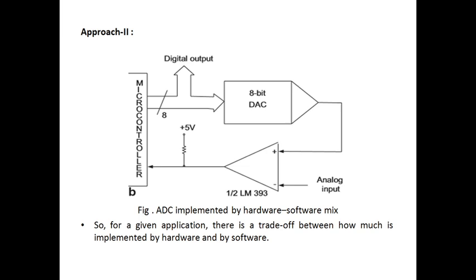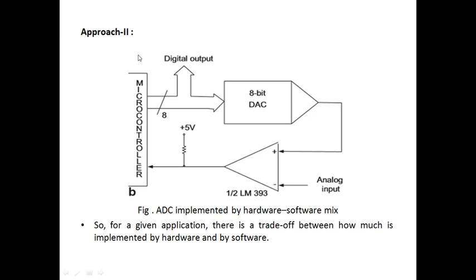The less expensive circuit is enough for this application. Why? Because we are monitoring the temperature, and temperature doesn't change quickly, so it is enough to have a low sampling rate. We don't require a high sampling rate. That's why we choose approach 2 for our application, a microcontroller based temperature monitoring system. The second approach is efficient enough to monitor the temperature, since the temperature doesn't change quickly. This approach is very suitable.